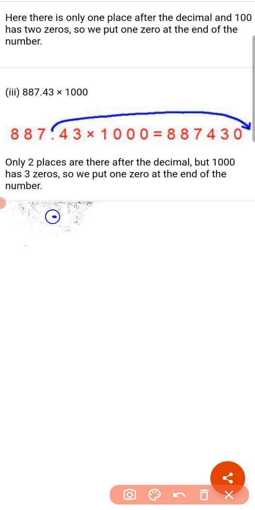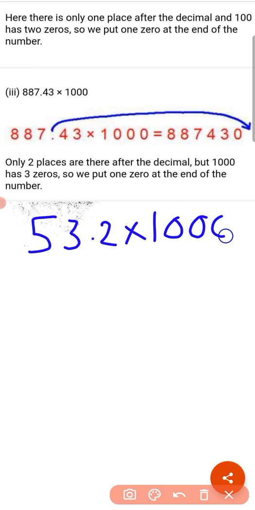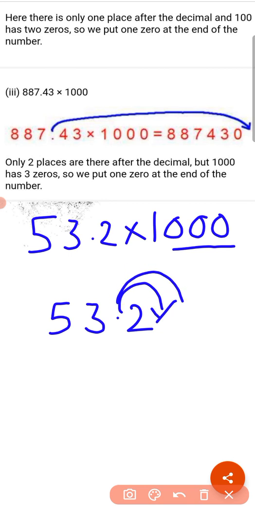Now we are multiplying the same number by 1000. 1000 means 3 places to the right side. We decide the places by looking at how many zeros there are here. So 1 place, then 2 places, 3 places. But children, here in the decimal part there is only 1 digit. So after the first number, put a 0, again a 0. So now this is the position of the decimal.